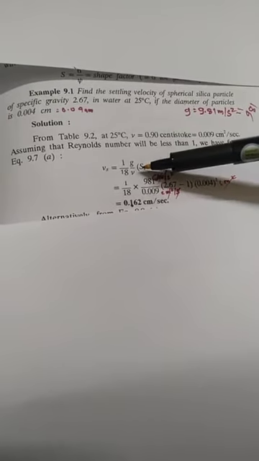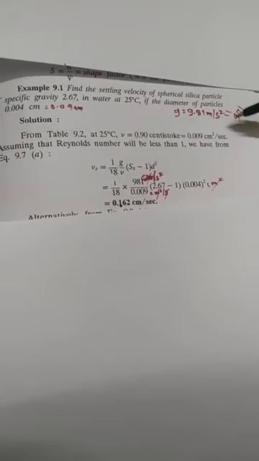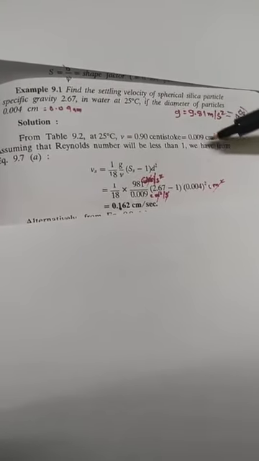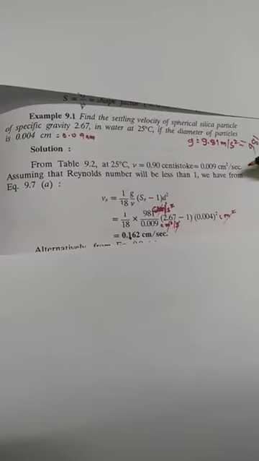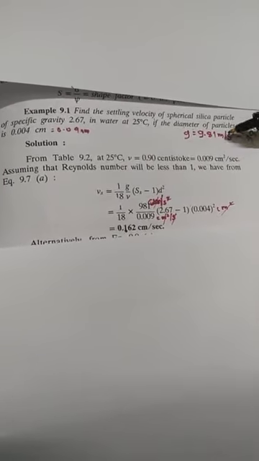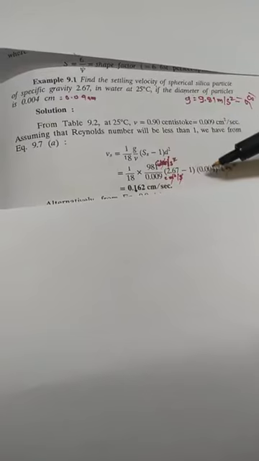Now this kinematic viscosity, they have not given it in this particular formula, so we should take it as 0.009 centimeter square per second. Now this unit is in centimeter square per second. For that particular thing, we have converted this acceleration due to gravity in terms of centimeter. So what is the value? It is 0.009 centimeter square per second. Now SS is given, that is 2.67 minus 1.